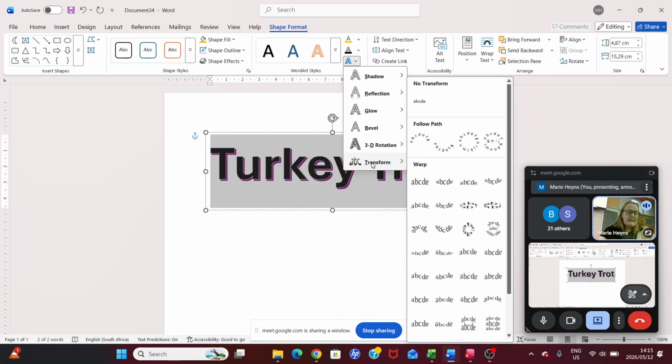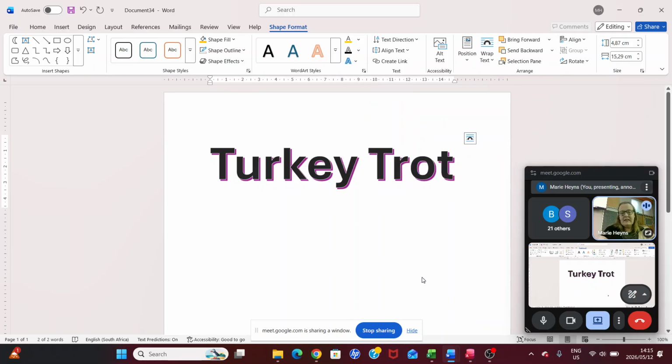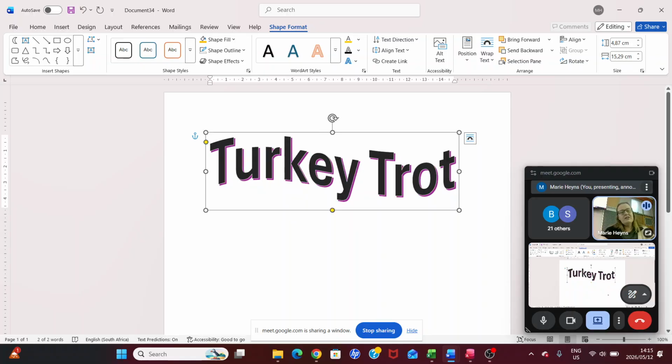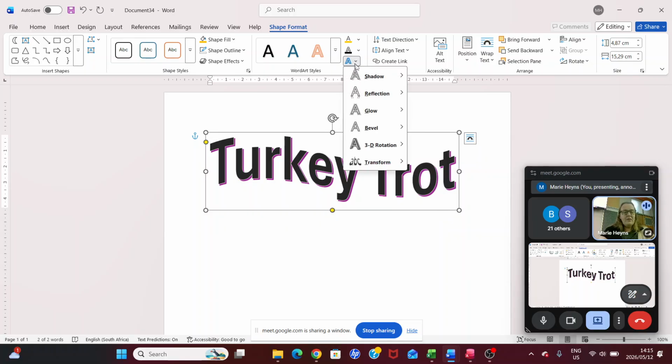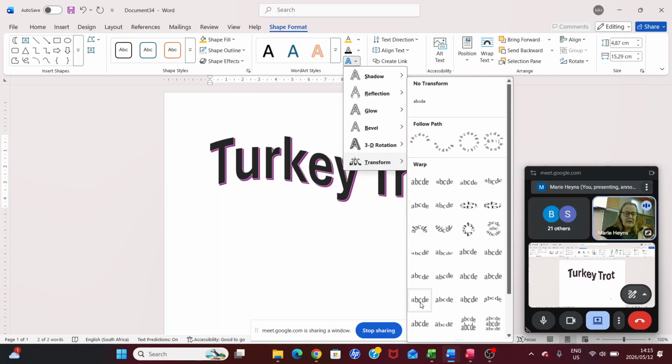Which one is it that they are using? It looks like a regular one. Maybe this one. I'm guessing it is this one which says Wave Down, because the wave is going down. So let's see how it looks when you click on it. Yeah, actually that looks pretty close. So I selected my little A over here, used Transform, and chose this one that says Wave Down.